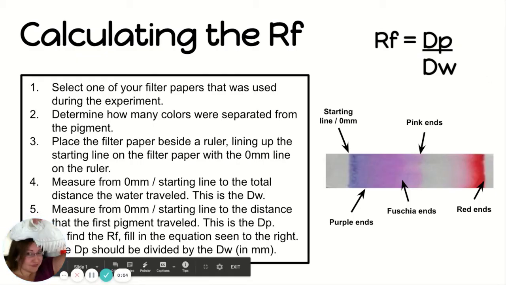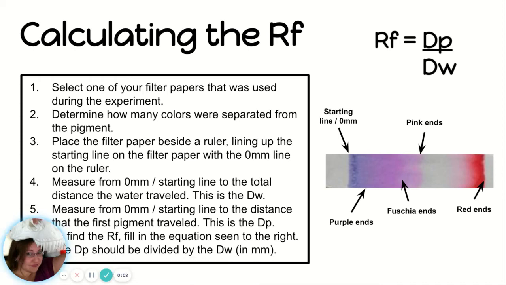When we separate a mixture through paper chromatography, we're going to be breaking down the mixture into the different particles, the different components that make up that particular mixture. So one way that we can examine quantitatively what our mixture is made of is by calculating the retention factor, the RF. And we're going to start out by using our filter papers that we obtained through our paper chromatography